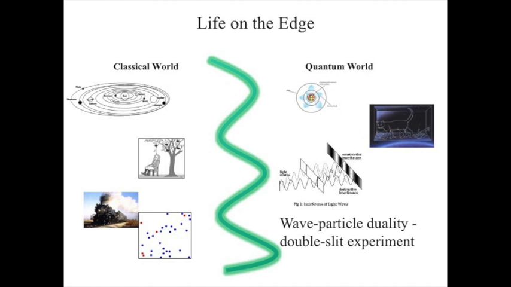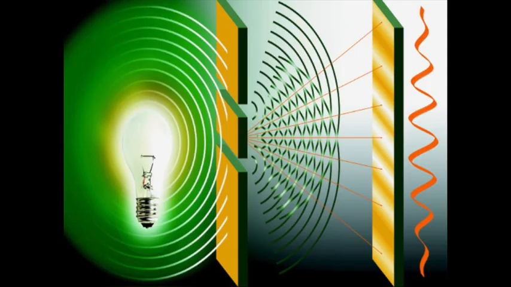And in order to illustrate quantum mechanics to those people not so familiar with it, I'm going to look at an experiment that Richard Feynman said contained all of quantum mechanics: the double slit experiment, which demonstrates wave-particle duality, that particles can be waves and waves can be particles. So we're going to go through the experiment to illustrate it. So start off with light.